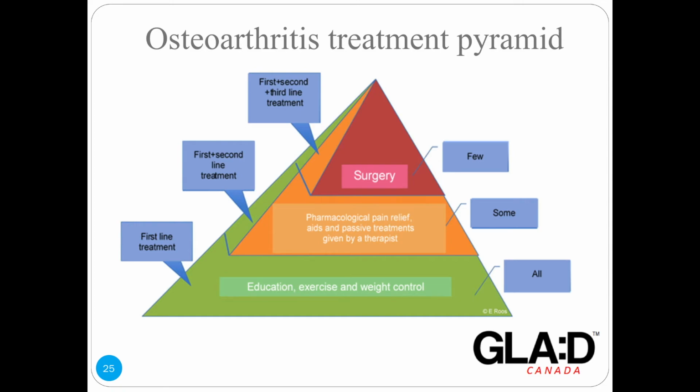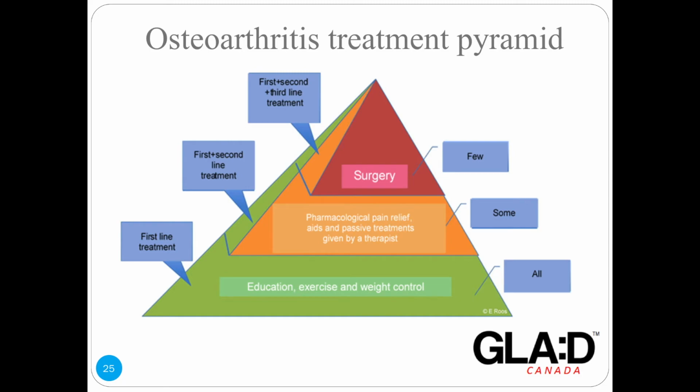And then as we head to the top of this pyramid, we are looking at the red section. And so layering on the red section of surgery is first and second and third line of treatment. So those people who have severe osteoarthritis in their joint may potentially be candidates for surgery. But as you can see, it is few people that actually need surgery